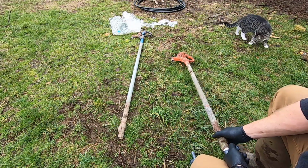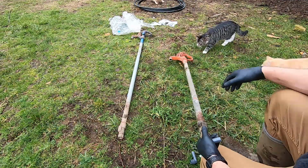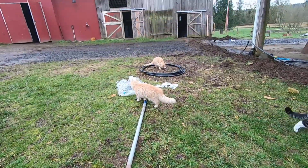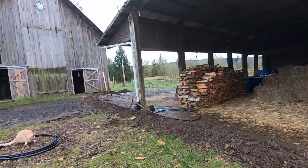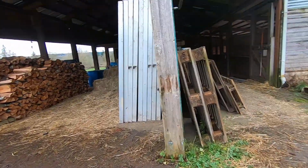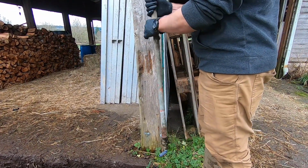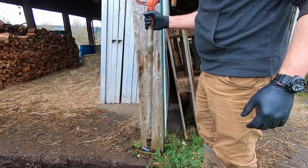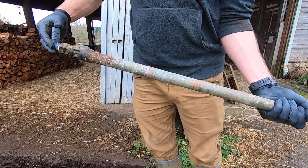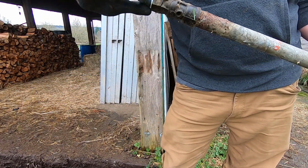Now, this one, let's see, how am I going to put these? Now I've got to think about how I want this to finish threading. Should have thought of this first. Let's see. Come with me over here. Well, one of them is going to go here anyway. I think I want it that way. So this needs to end up threading out the back, which is up. So as it comes tight,